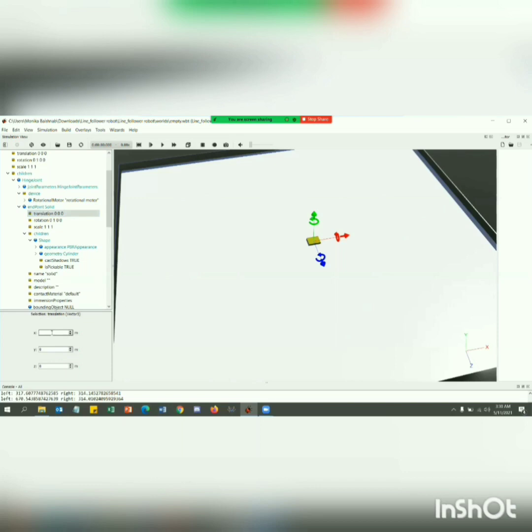For translation, we are putting x value 0.0499, y is minus 0.00654, and for z we're choosing 0 minus 0.00256, and for rotation we're choosing